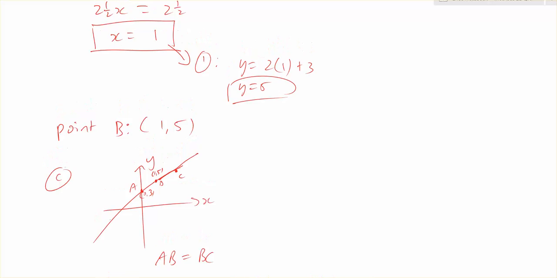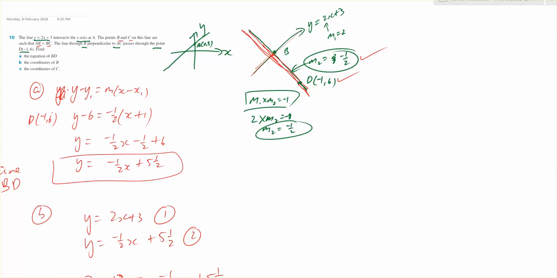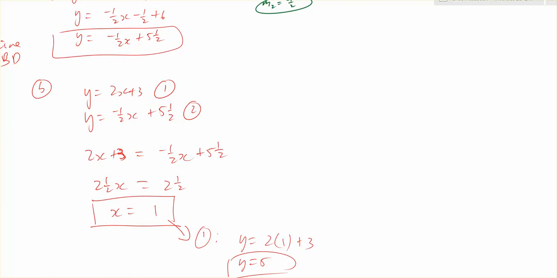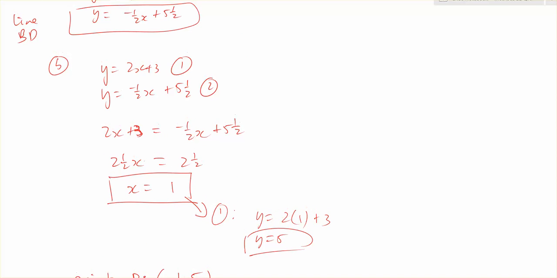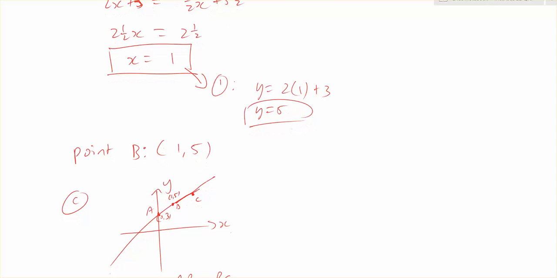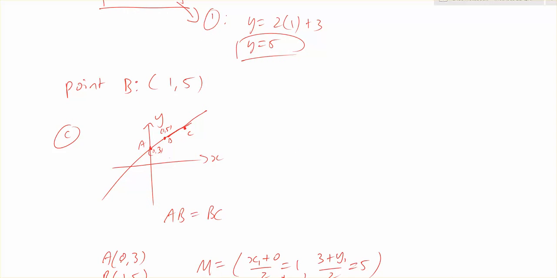So the key part to solving part C is reading the question and getting the coordinates of B, which we found in part B, which is (1, 5), because that was key to working out where C was. Because I could have had a situation where B could have been here, C could have been here. So I didn't know whether it was below, on this side of the line or on this side of the line. It happened to be on this side of the line. And that's how you solve